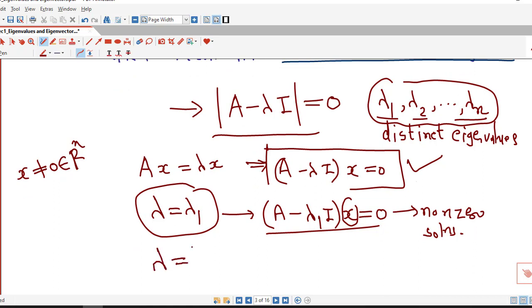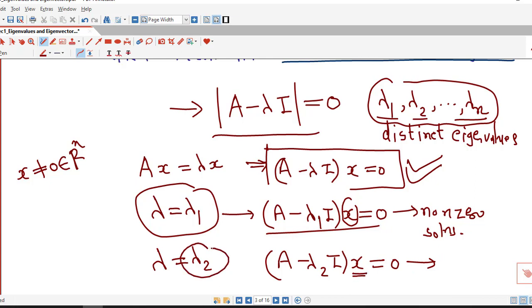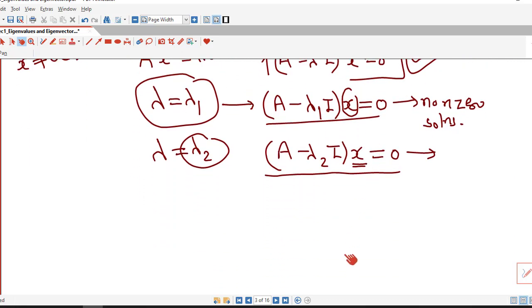Similarly, we will put lambda equal to lambda 2 in this system and we will solve the system corresponding to this value of lambda, and here we will obtain eigenvectors corresponding to eigenvalue lambda 2. So for each eigenvalue we have to solve a different system of linear equations. To solve those linear systems, we can apply either Gauss elimination or Gauss-Jordan elimination, that is our choice. Sometimes we can easily solve them without applying these methods. We will discuss all these things with the help of an example.